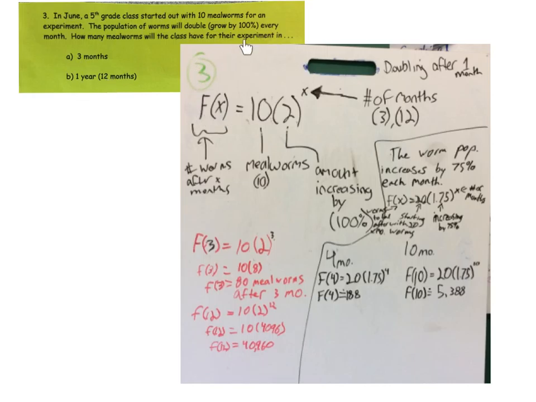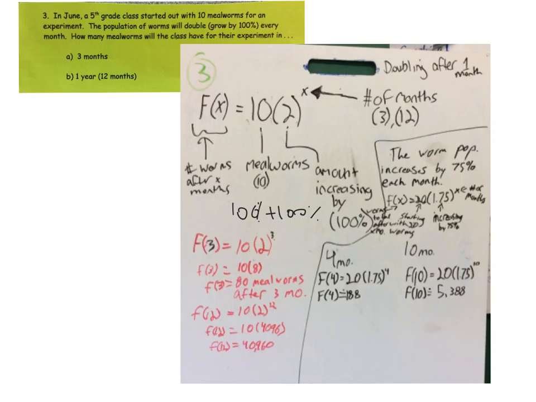So they started with this function f(x) = 10 times 2 to the power of x. They reminded us that f(x) in this case is going to stand for the number of mealworms after x months. And they picked 10 because that was the starting number of mealworms. Also, they had an increasing amount of 100%. So 100% plus 100%